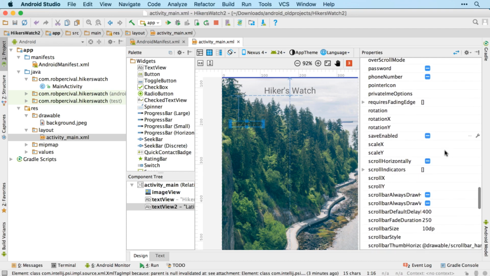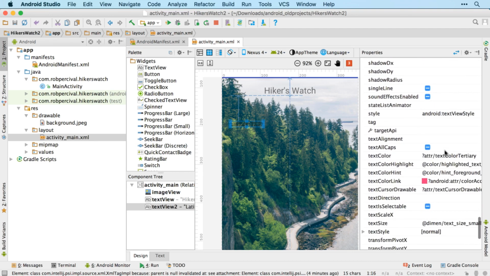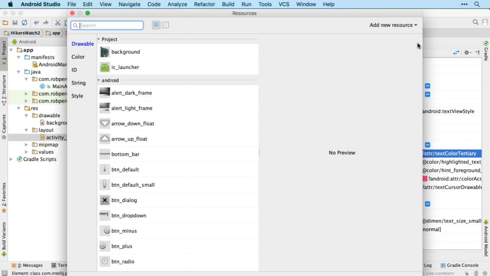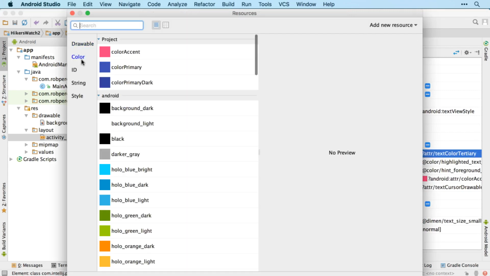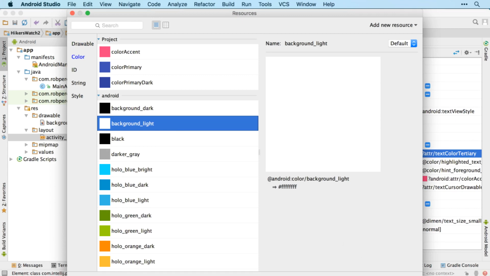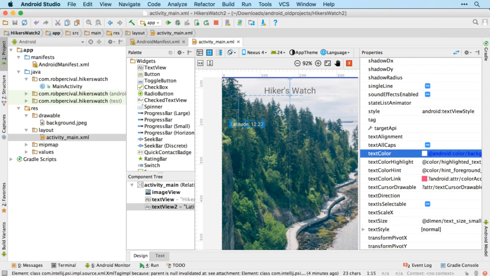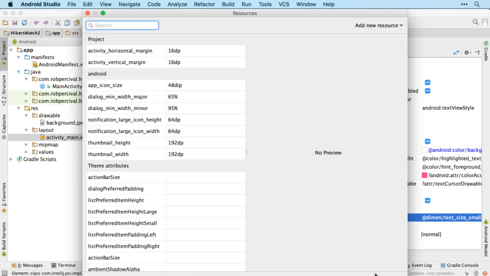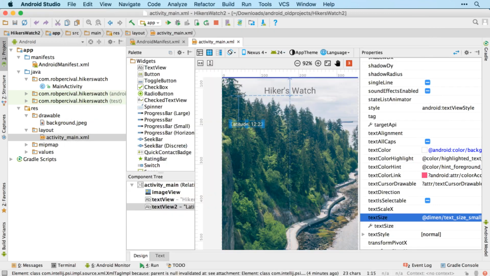And we'll need to change the color so that it looks good over those trees. So I think I'll just go for plain white. And we'll change the size as well. 16 should